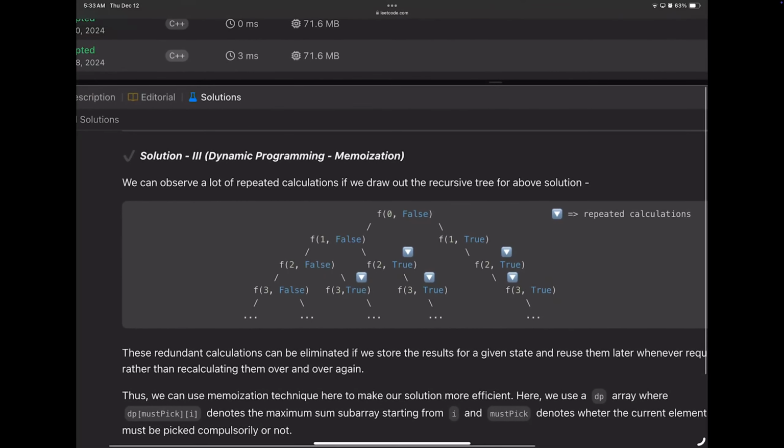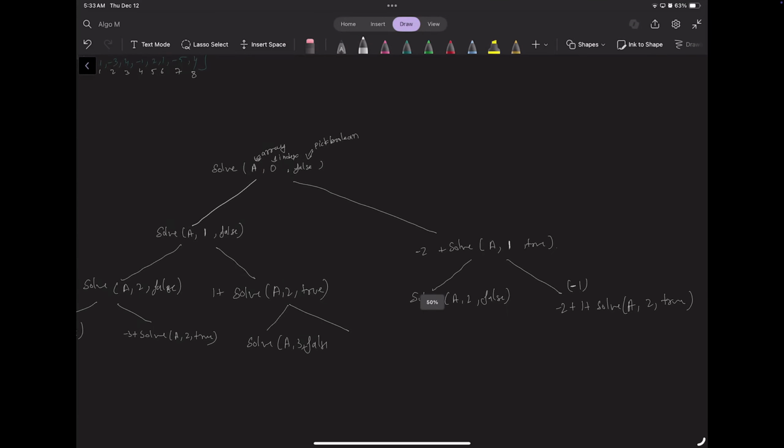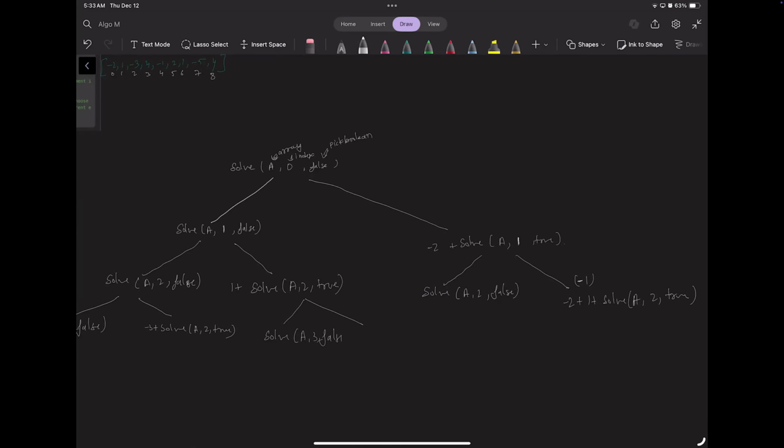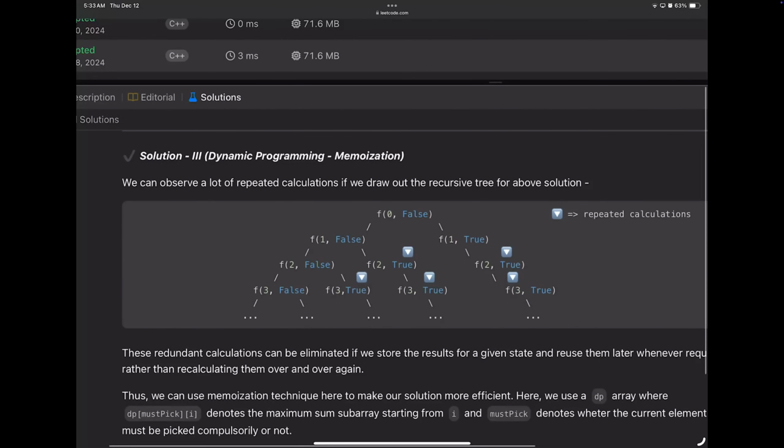True of true, those are repeated, and f1 of false and 1 of true. Let me check mine. So false and true, then we have true and true, we have false and false as well. I believe that false and false should have been the common one, but